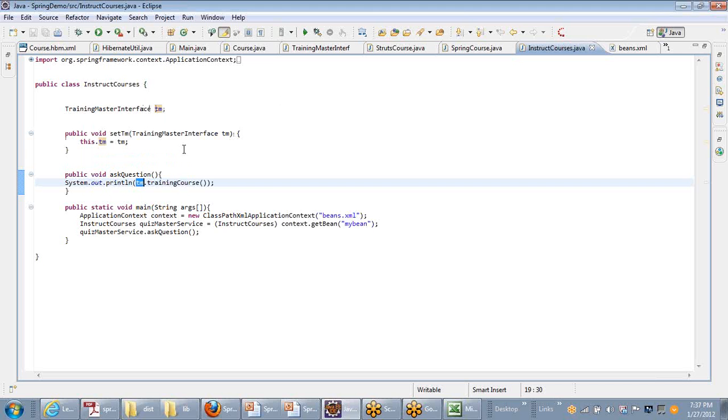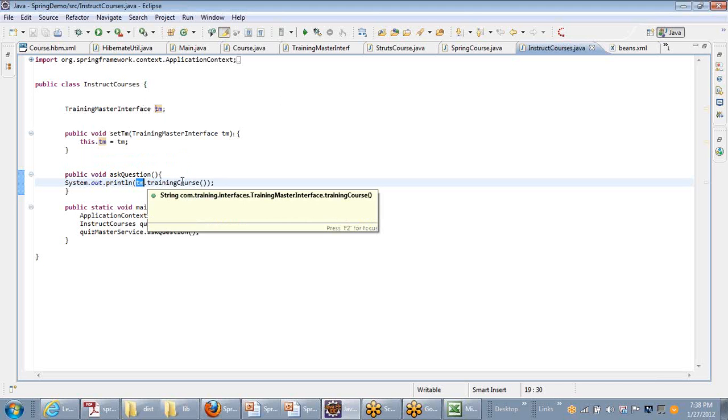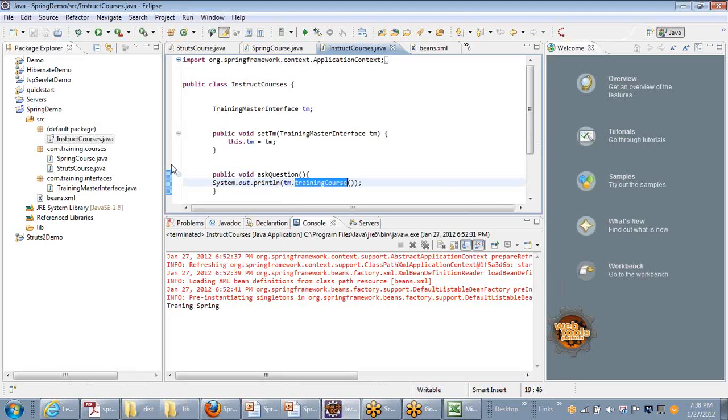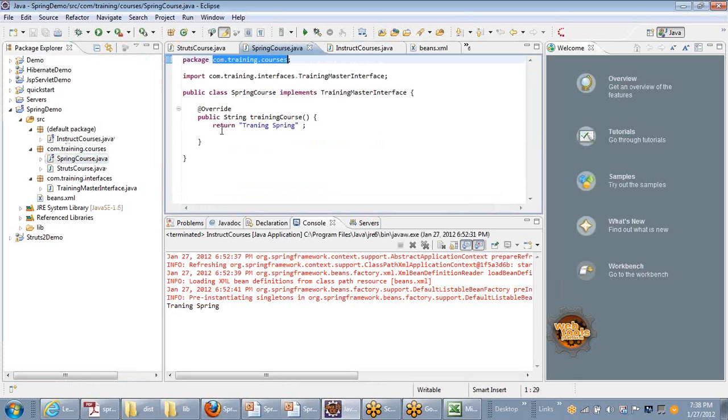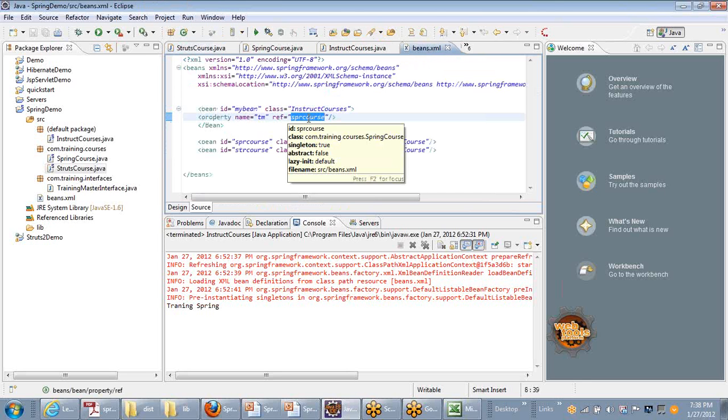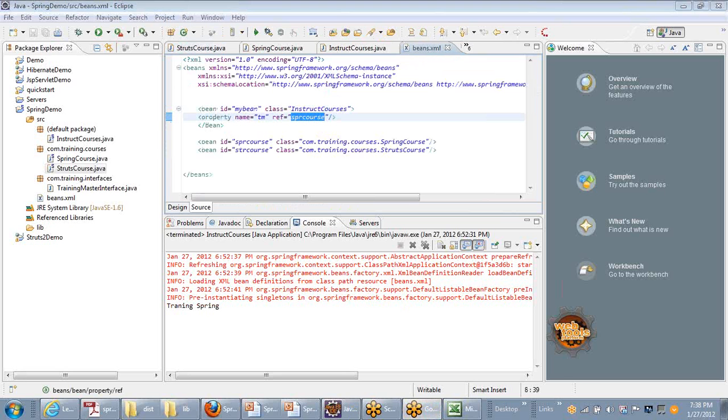Based on the value injected here, this is going to call a training course method, which is either in Spring course or struts course. So now if I inject the value as the training course, Spring course bean, which method gets called?